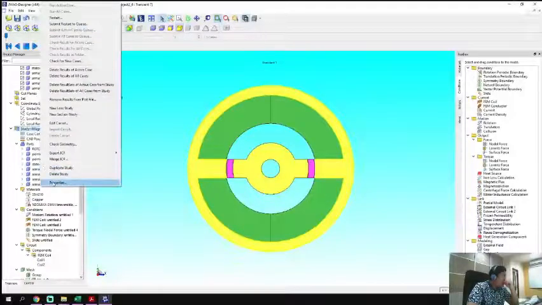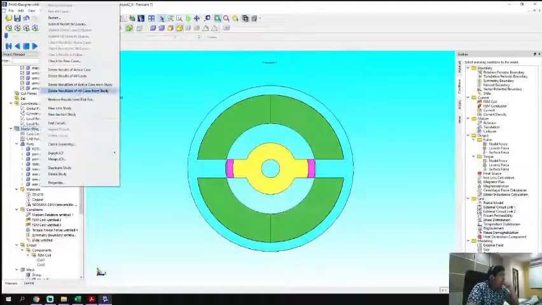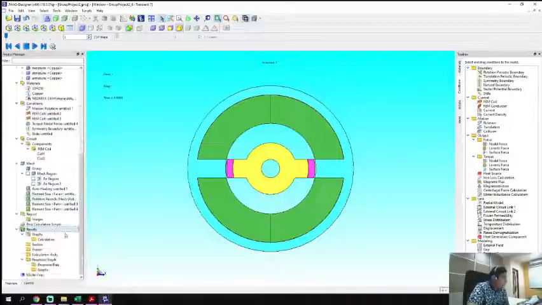We right click, we go to the properties, we change these three, which is number of steps 37, time 0.05, and division 36, and press OK. And then we just run the active case, and we get the answer. The run active case takes quite a bit of time. For me, it takes like 30 to 40 minutes of rendering. And then we go to the graph,